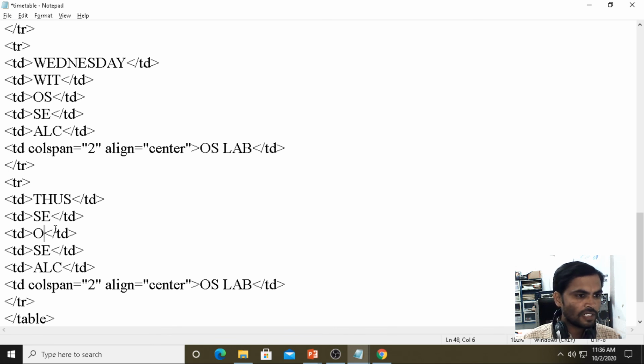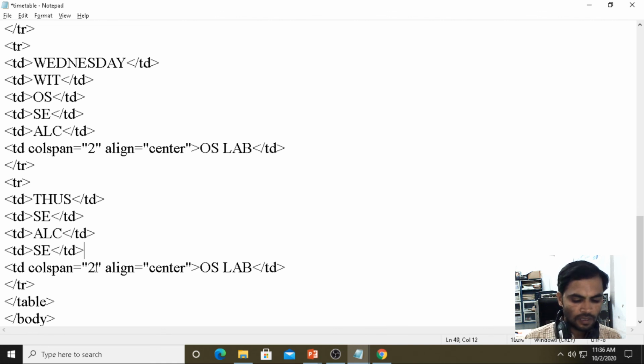This is not an actual timetable, I am just showing how to create the timetable. ALC, then if you have the lab in the 3rd and 4th hour, for example the software engineering lab, then TD column span equals 2.